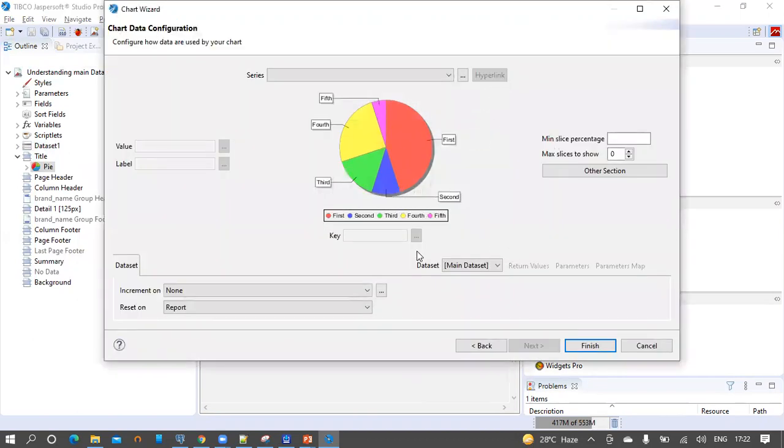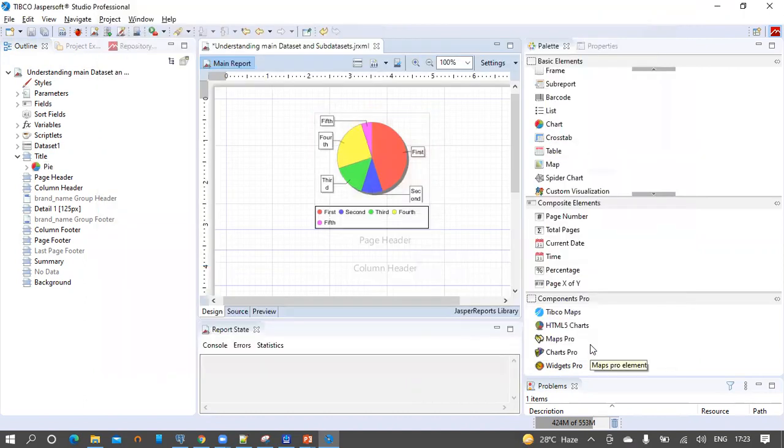If you look at the bottom, we have the dataset option. By default, this pie graph element is using the main dataset. So if we click on this dropdown, we can see the created dataset is available. So let us select dataset1 and click on Finish. So when we preview and run this report, this particular element uses the query provided from dataset1. So this is how we can map a dataset to an element.